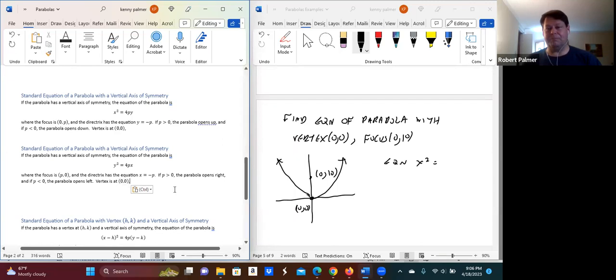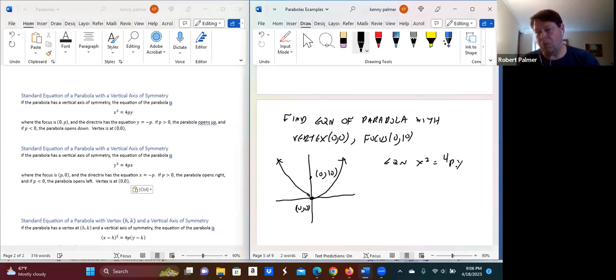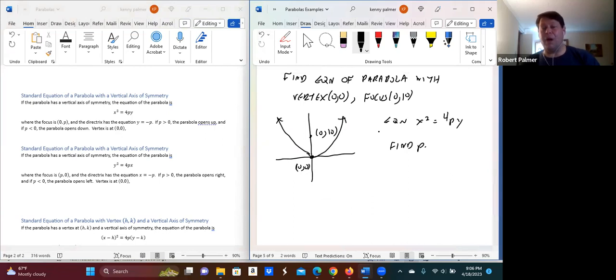Okay, good. So the equation is x squared. One opens up or down. Opens up, it's like this: x squared equals 4py. Obviously then to complete this, we need to find p. How do we do that? Well, let's plug in a point. Now, don't plug in the vertex. If you plug in 0, 0, you're just getting 0 equals 0, which doesn't tell you anything. So let's plug in the focus. And so that's going to be x is 0. So 0 squared is equal to,